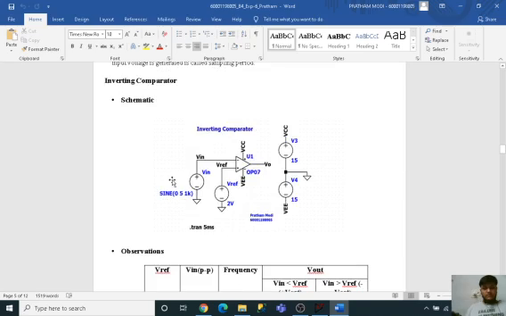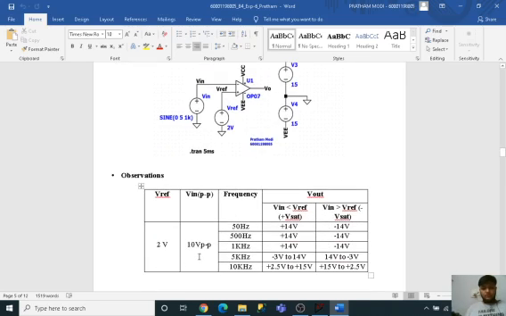So this is my inverting comparator schematic. Over here what is done is a fixed reference voltage Vref is applied to input and a time varying signal is being used to make sure that whatever the reference voltage has been set, we get a line over there as a reference voltage, and depending upon the input voltage our output voltage will be varied. So this is the frequencies at which we have calculated it.